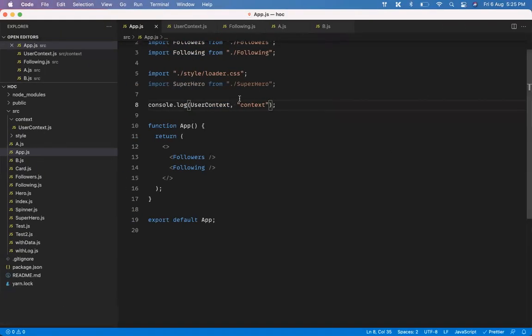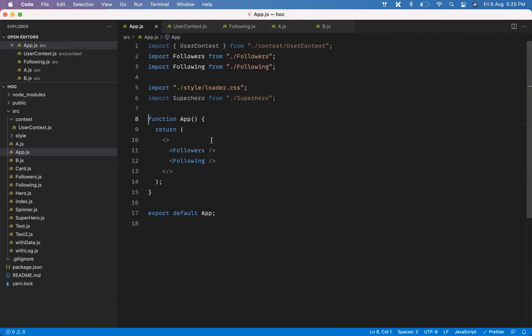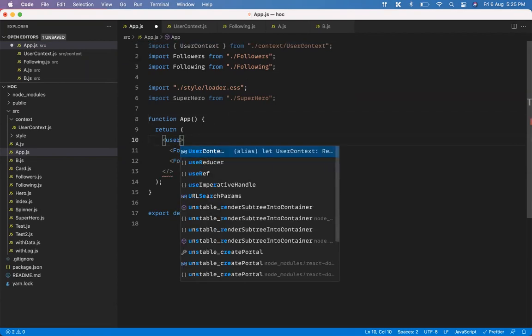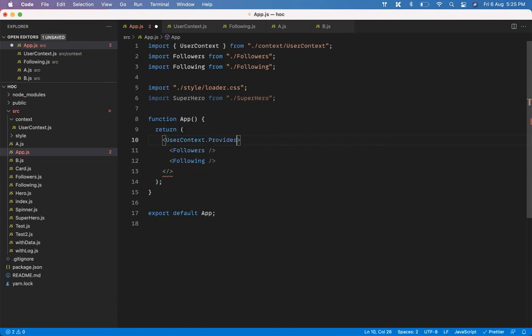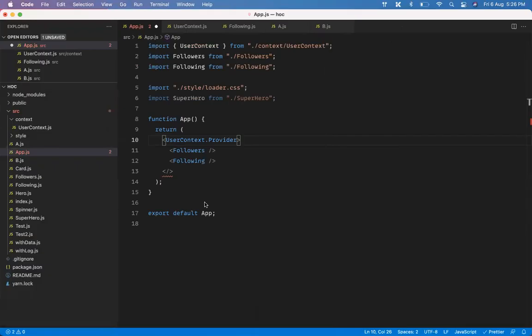You need to put some data in so you can use it. So how do you put the data? You put the data using the Provider. You already have the context here, so I need to provide some data to it. You just provide it like a normal component. You call it UserContext.Provider, because we have seen in the console that UserContext is an object, and it has a property called Provider. So let's just paste it like this. I closed it, and we have a component like this. That's all. And now inside this, I need to pass extra properties, that is, the value that you want to pass.